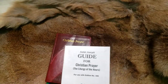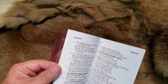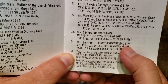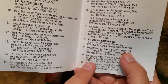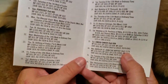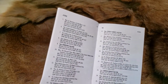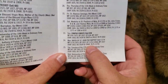Joseph's Guide. Now, the first date we had picked in the 4-volume set for a solemnity was June 24th. So I'll go to my June 24th, which is the birth of St. John the Baptist solemnity. Now, they have you starting at 1174. Now, if you remember what I said previously, when a solemnity falls on a Sunday, the Sunday trumps the solemnity. Usually it's moved to a Monday, I believe. However, this also interferes with the night before's prayer. That is why in this book it starts us on